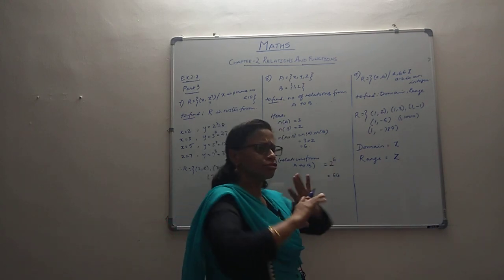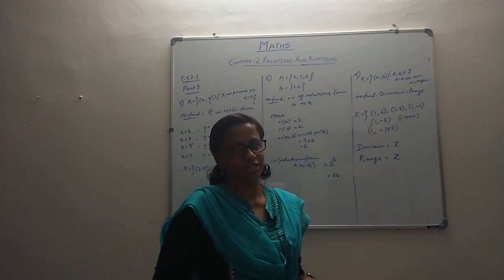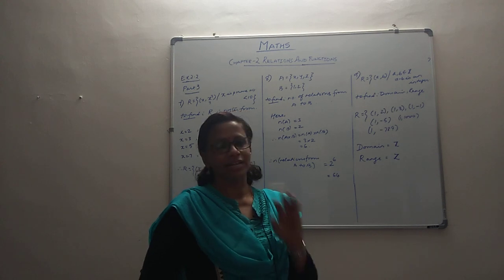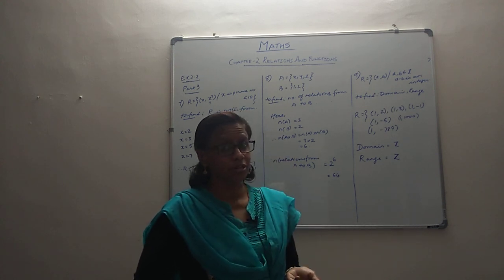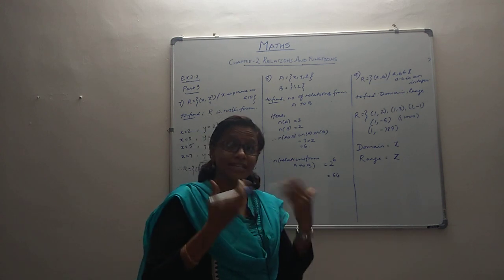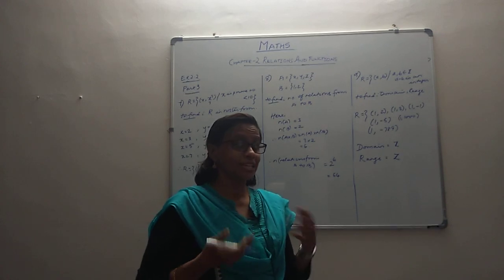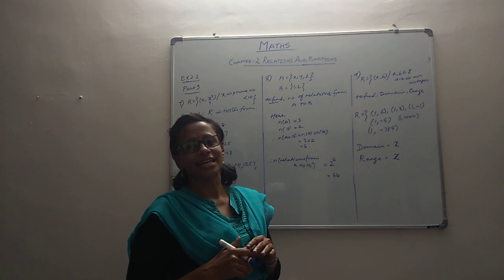So as I said, it's a huge collection, and therefore the domain is the set of integers, the range is also the set of integers. So this is all about relations, a very easy concept, with certain basic things to keep in mind, which is useful for us for next year also. Once this is there in our mind, things are quite easy, and it makes functions, the next concept, easier when all this is fixed in our mind. That's about this exercise. Thank you.